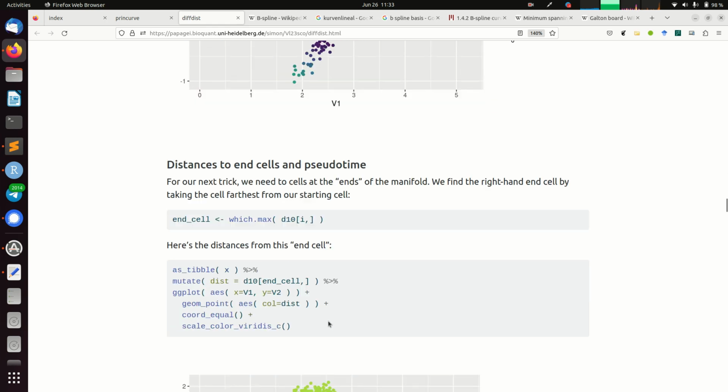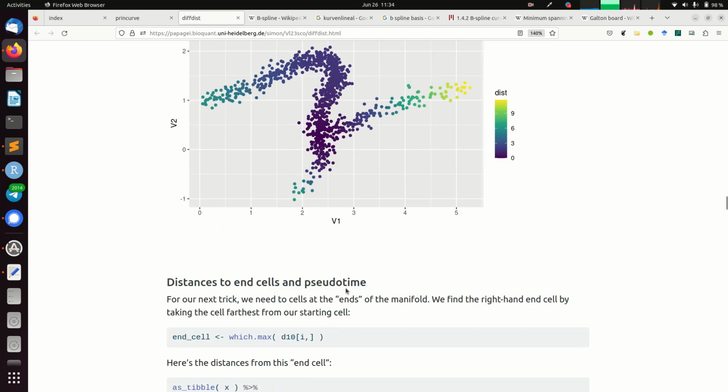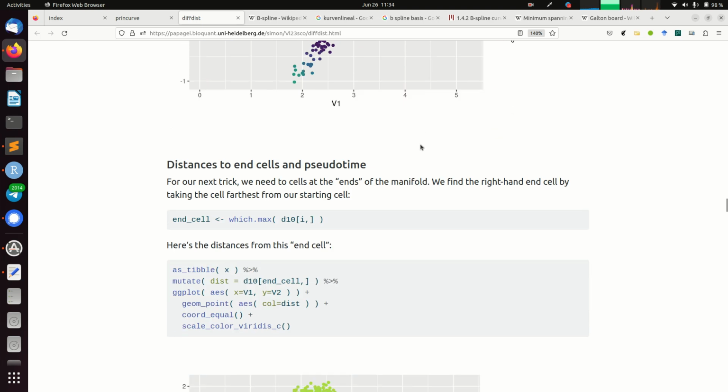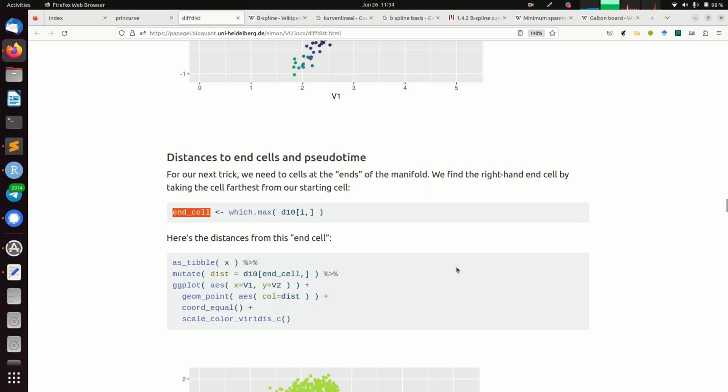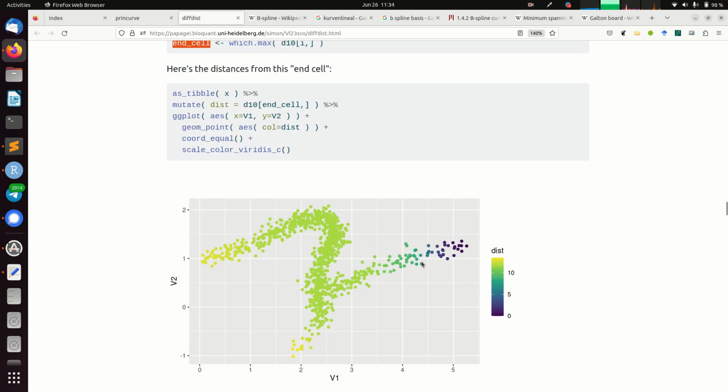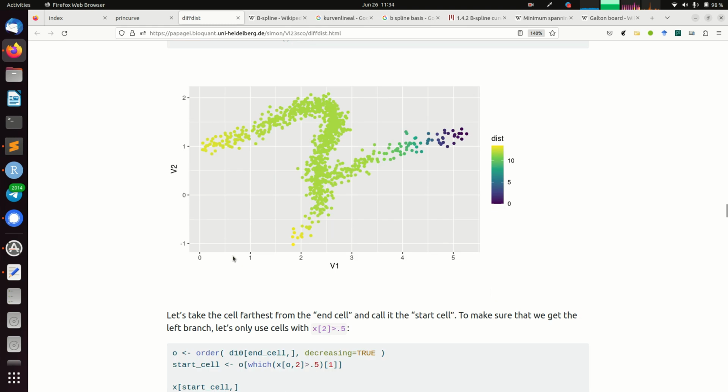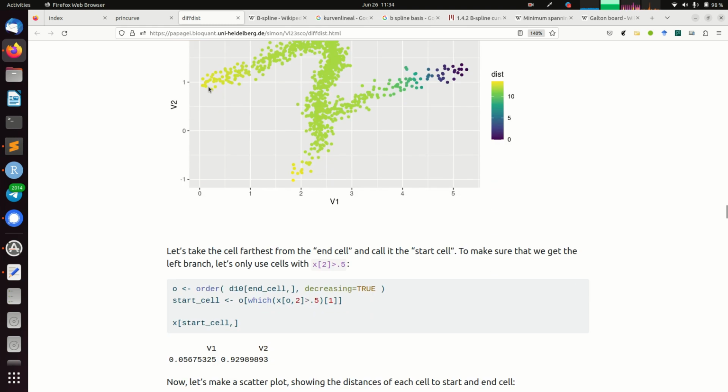And the way I do this is I just take my random cell here and ask which cell is farthest from it. And you can already say the cell which is farthest from all of them is that one. So I take all the distances of my initial random cell I and ask which one is furthest away, and I call this the end cell. And you see, that's this one here, the end cell. Now I ask, what are the distances to the end cell? And here you see the end cell, and the cells with the highest distance are this one and that one. Now I want to pick this one. And so I ask, of all the cells which have a y coordinate above 0, which is the one which is farthest out here? And I do this, and now I get another cell, this one, now I call this the start cell,